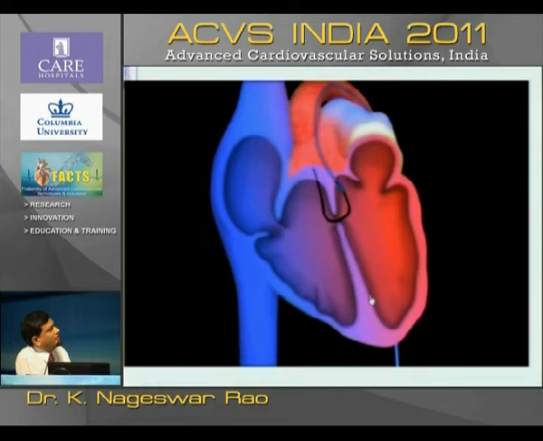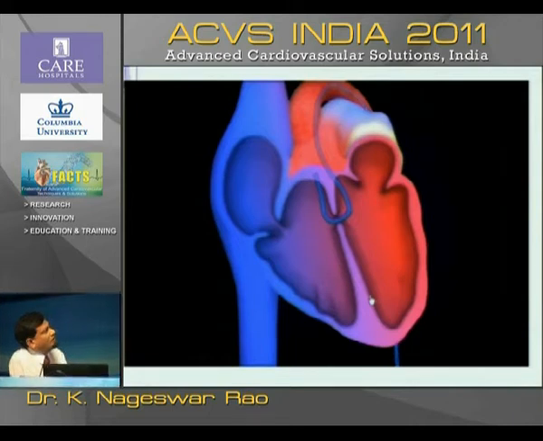This hydrophilic wire slips off along with the flow of the left to right shunt, as I demonstrated yesterday. Over that you advance the guiding catheter as much as possible into the right ventricle, the right ventricular outflow tract, or the pulmonary artery.